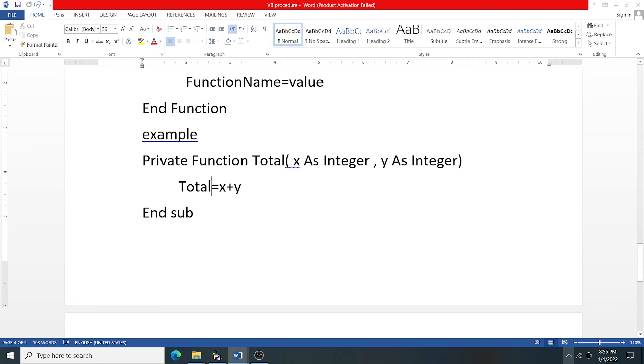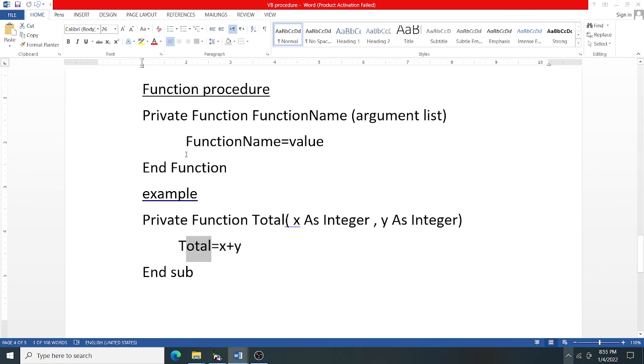You can see this total is the same as the function name total. So here you have to write the function name. What is the syntax then? Private function, function name, argument list, function name equal to value. You can see in your calculator problem for finding addition, subtraction, multiplication, division, you have used this function only.